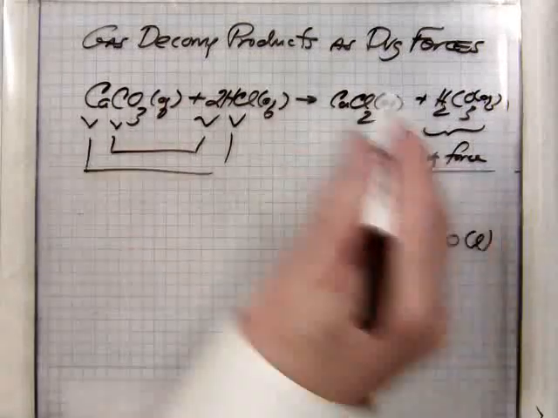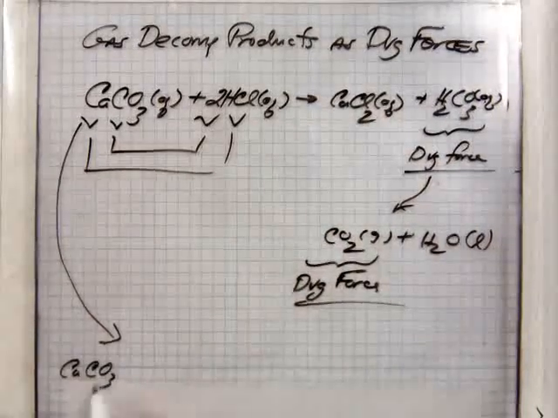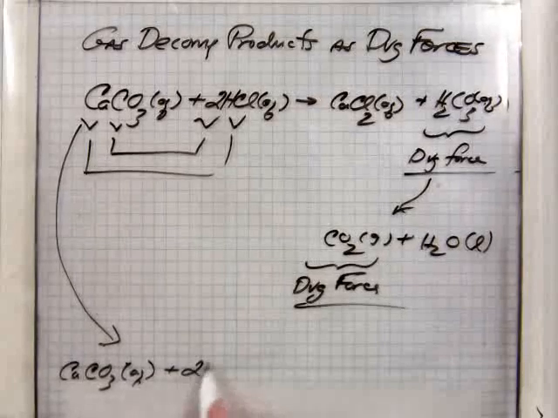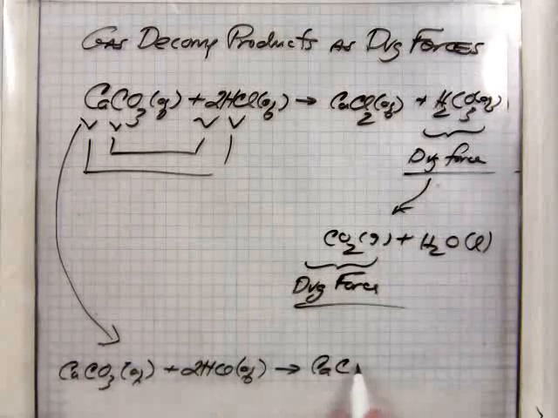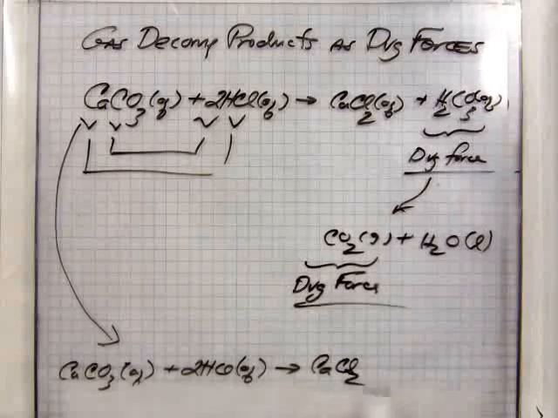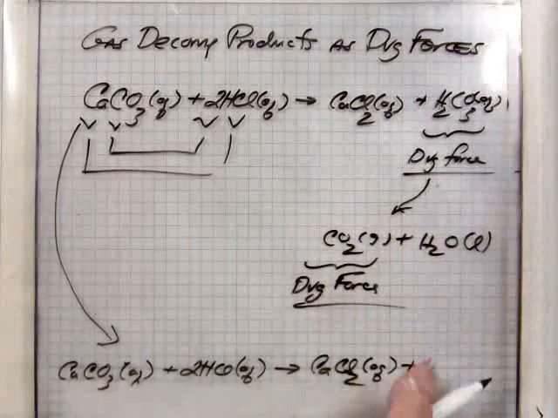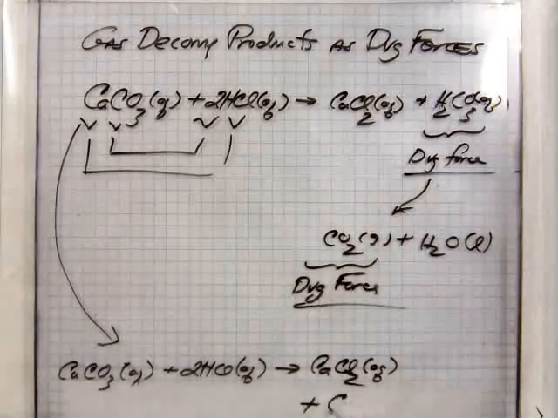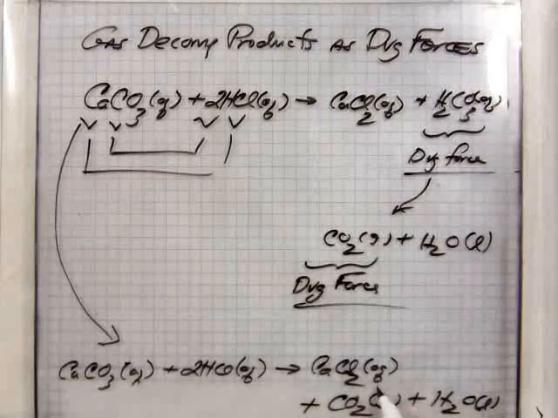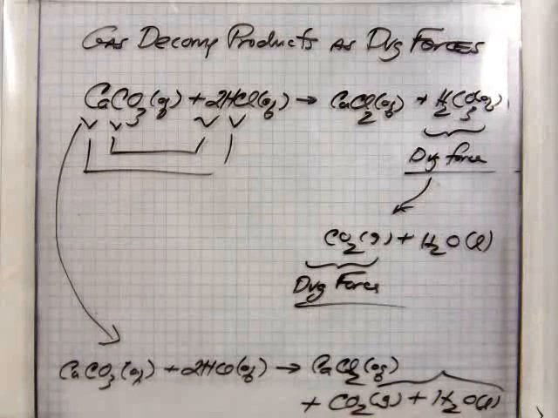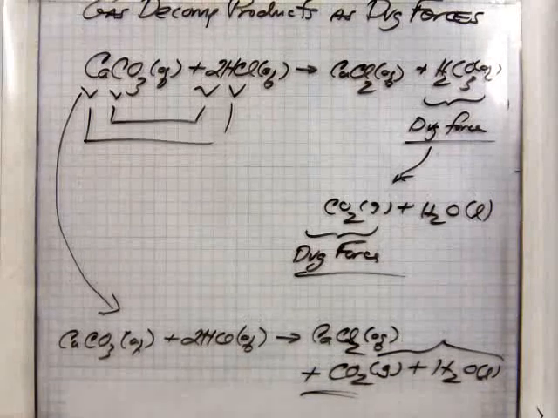So when you write this, you have one more step to write, and that's calcium carbonate plus 2HCl aqueous goes to the calcium chloride aqueous, because it's a salt, and then CO2 gas plus H2O as a liquid. And that goes up and down. But at any rate, the CO2 is the driving force, and this would be your working equation